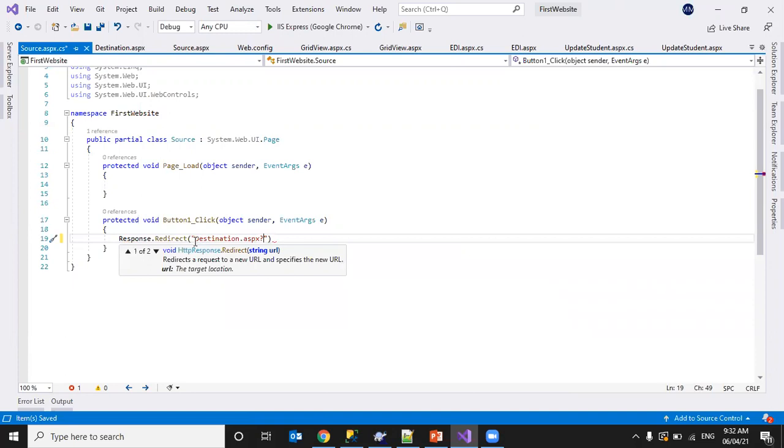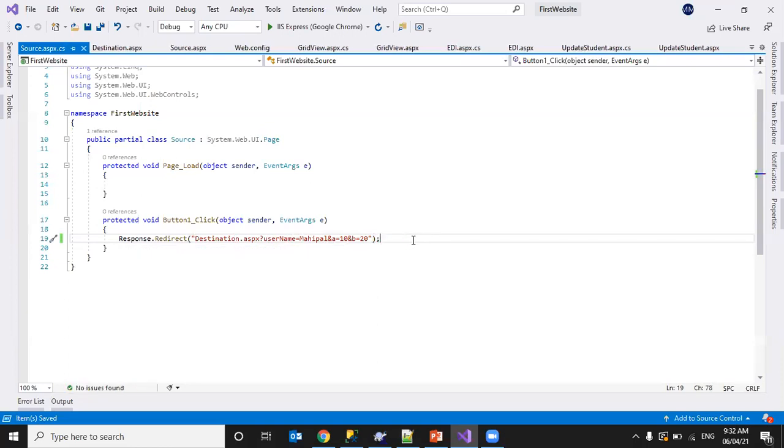To pass information, we define a question mark, then the key name, username equal to Mahipal. It's a string, so no need to give quotes. And if I want to pass extra information, A equal to 10 and B equal to 20. Like this, we can pass multiple values using a query string.